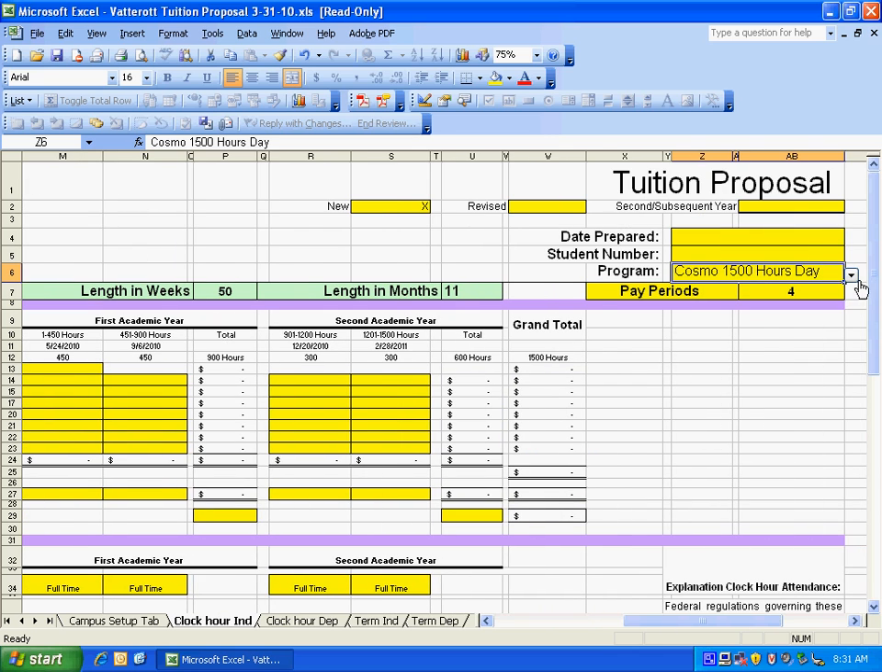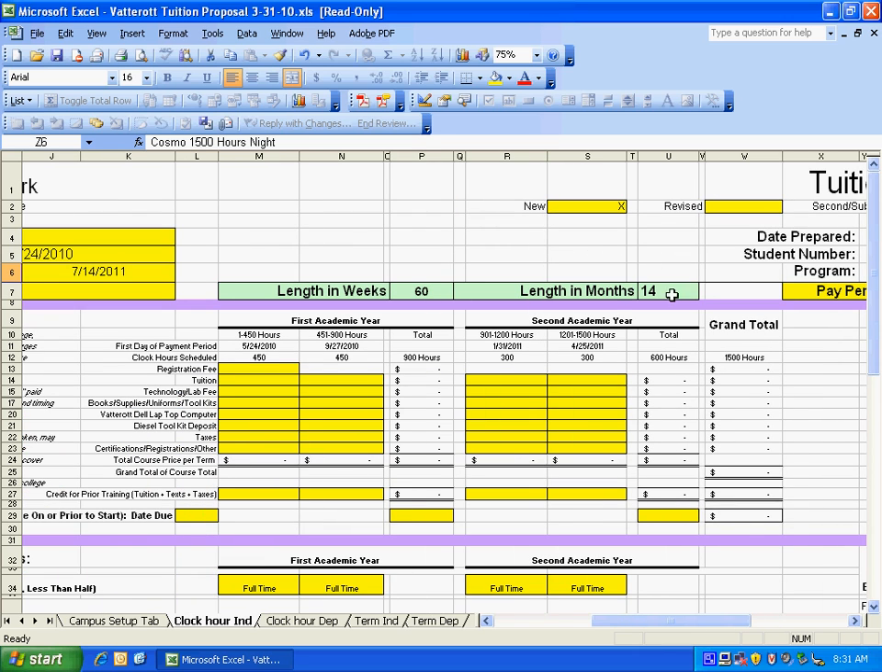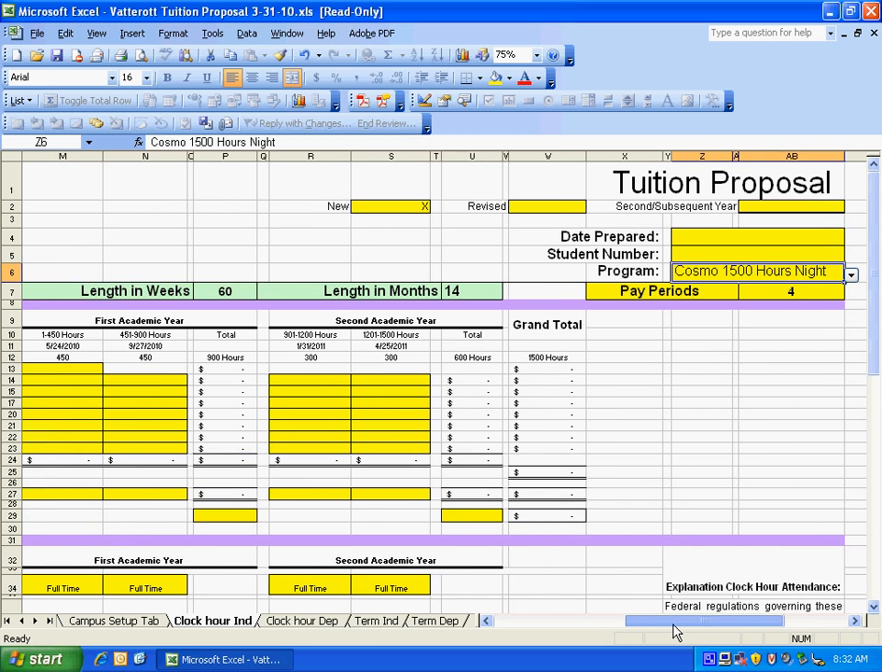Now if I were to change this to a night, the length in months and weeks extended and my graduation date extended, and my dates are later in the year because the student is taking less hours per week in this program. So it's actually a 60-week program instead of a 50-week program. Now the costs are going to be the same, but you want to set up a template that's specific to each one